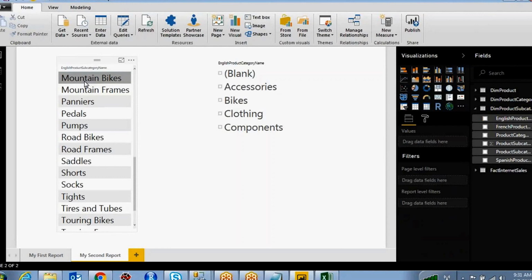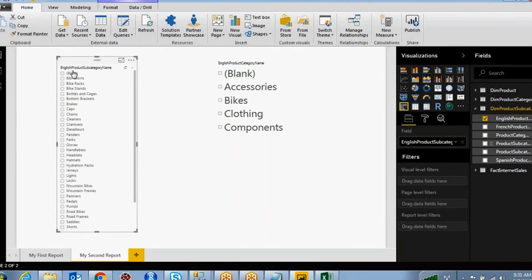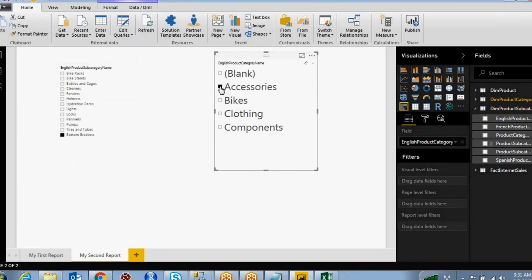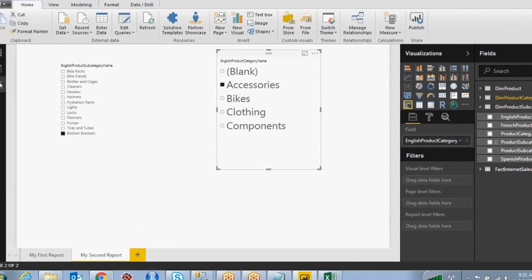Now if I click on mountain bikes, this is a slicer. If I click on any of the bottom brackets, it is not filtering the category. But if I select accessories, it is filtering this data. The reason is we are making the filtering in single direction only.